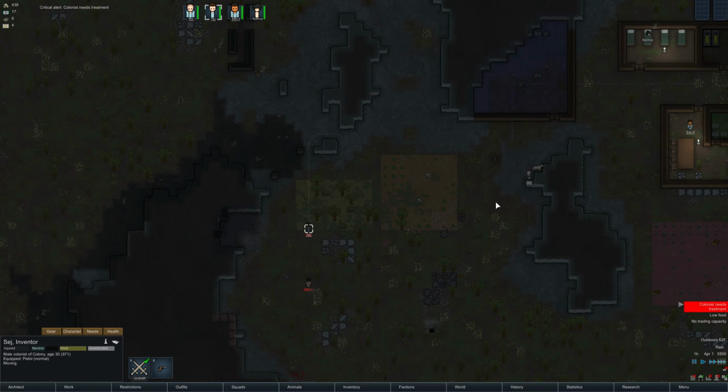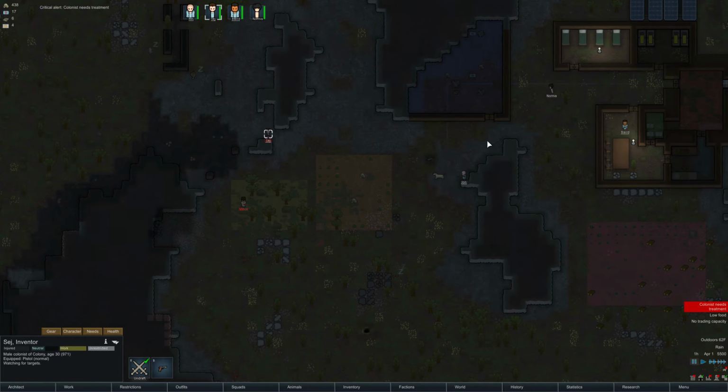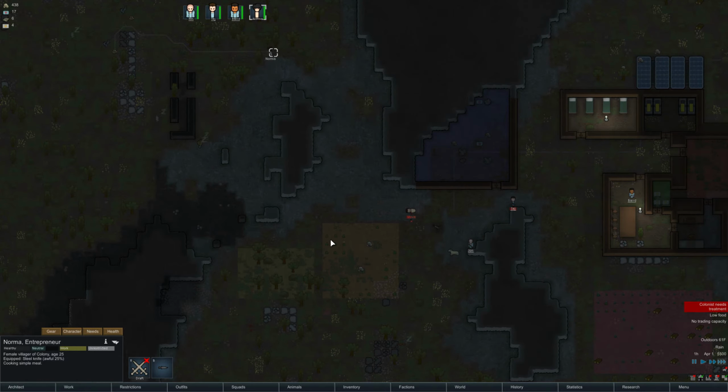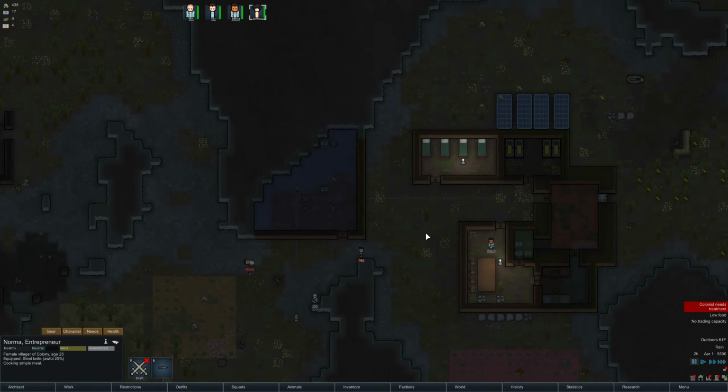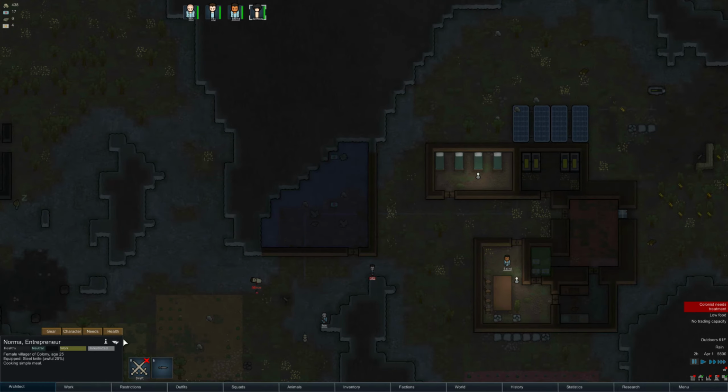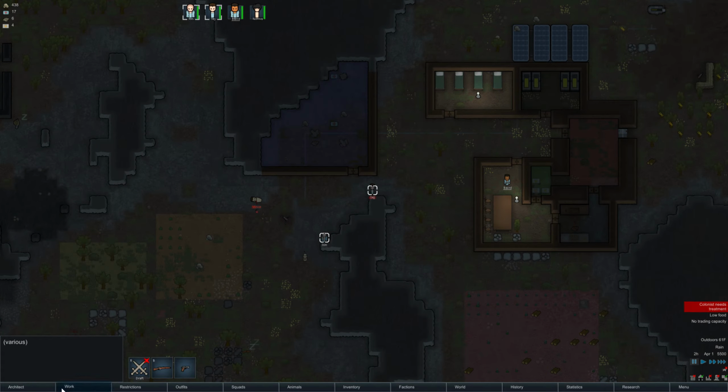Get him closer to John, to the turret. Yeah, now run this way. Run around the turret. Norma, where are you going? Okay, you should be okay. Hey, we killed him. And he survived, so we can capture him as a prisoner. Alright, you two can be